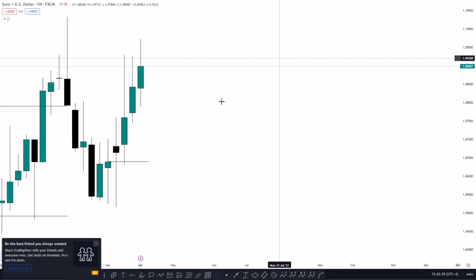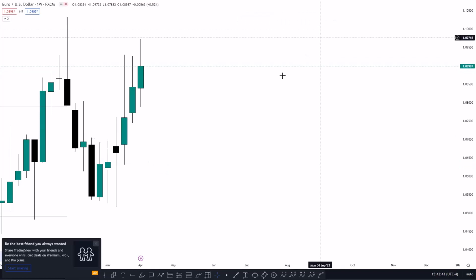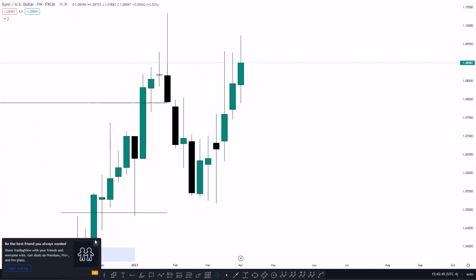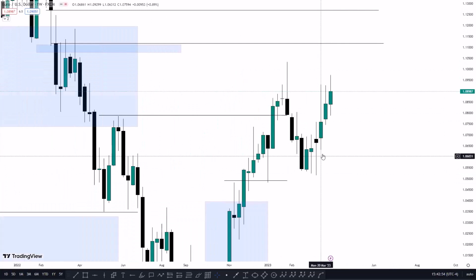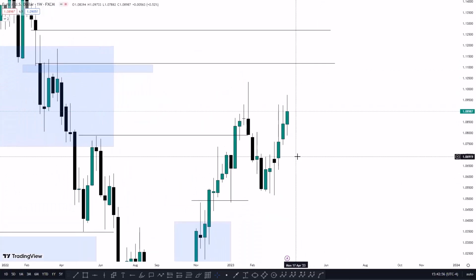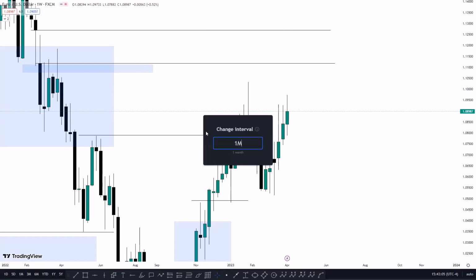But remember, with this, what I want from you is to try to catch a daily candle and go out of the market. A daily candle and go out of the market. You do not have to hold for 2 weeks. No. A daily candle and go out. That's it. So, this week we are pushing higher. On a monthly time frame,